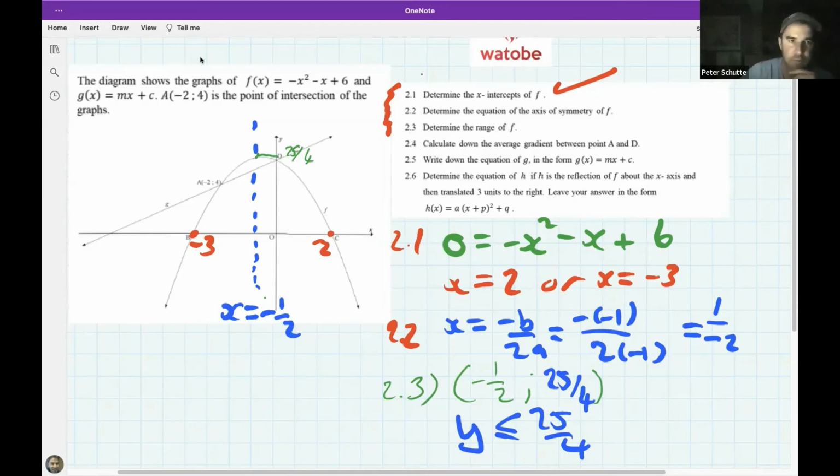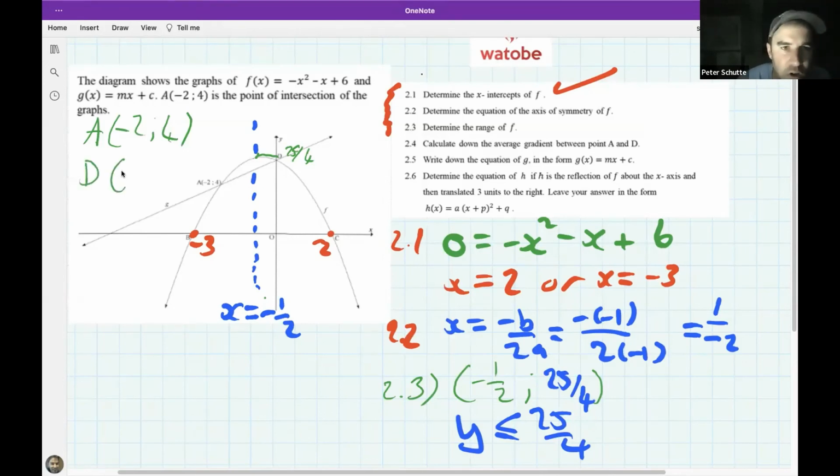Okay, now, what I want to do is end this lesson by answering questions 2.4 and 2.5. Calculate the average gradient between A and D. So first of all, where is A and where is D? Well, A is the point, I'll draw it in here. It's a little bit small on the screen. It's minus 2, 4. And D is the y-intercept, as far as I can see. And the y-intercept's